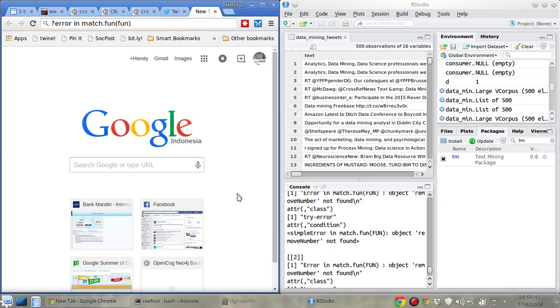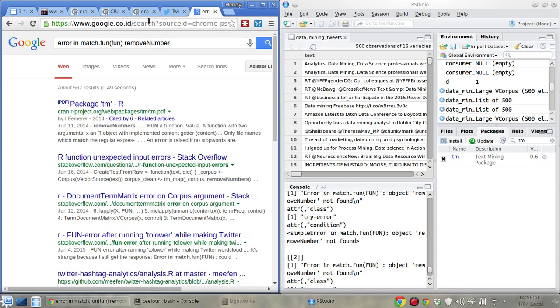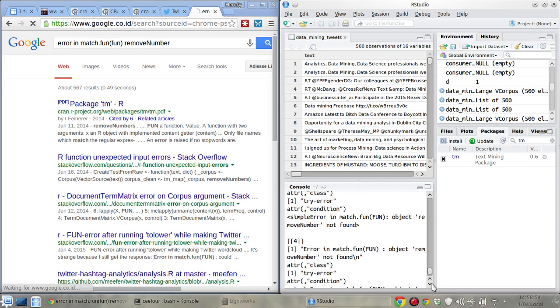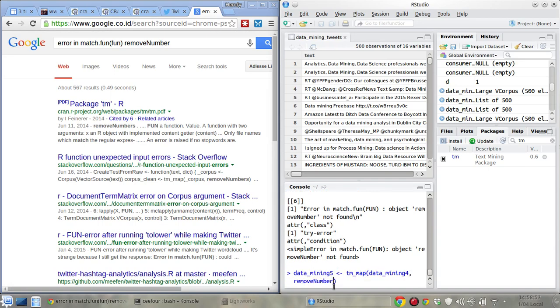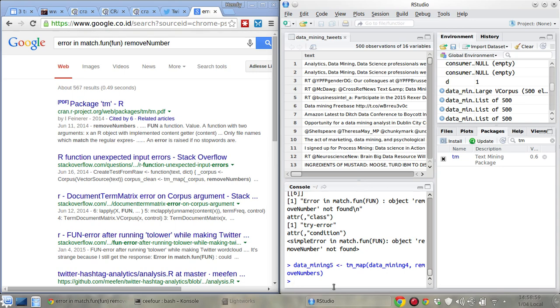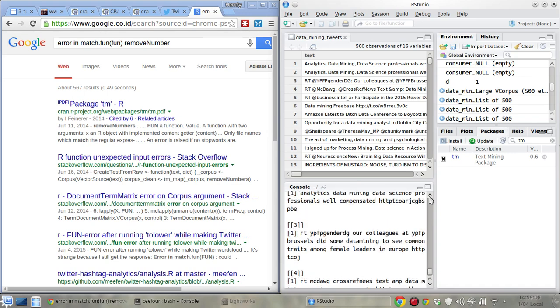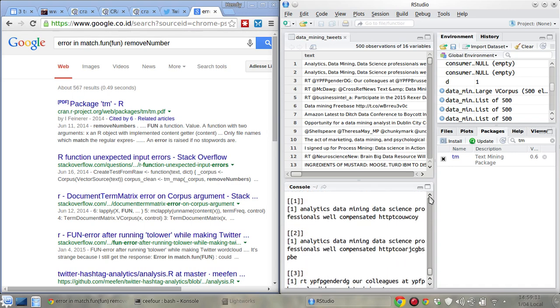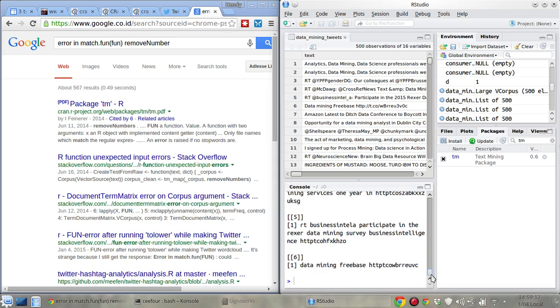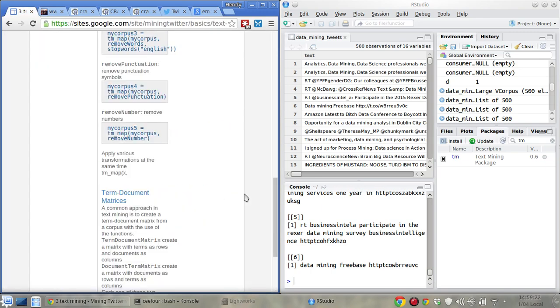I think this is a different error because the remove number function is not found. Oh, I think it should be remove numbers instead. Okay, that works. So let's try inspecting. Okay, so these are the Twitter tweets without any numbers, and everything is lowercase, but we cannot get the encoding problem to go away. So I may revisit that later. But let's continue, and